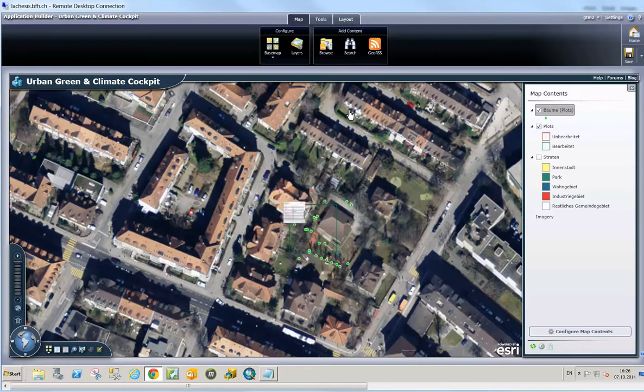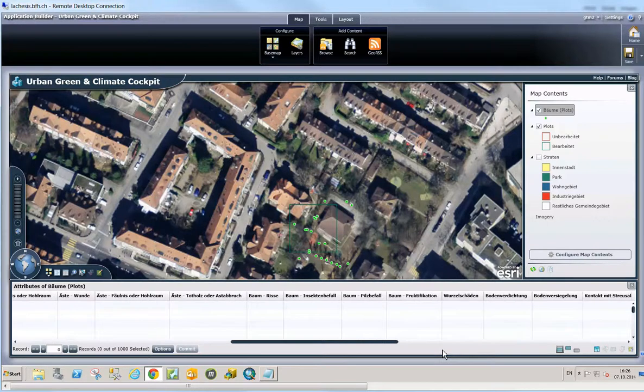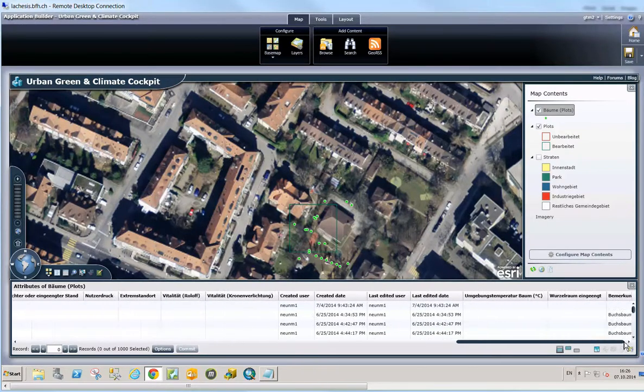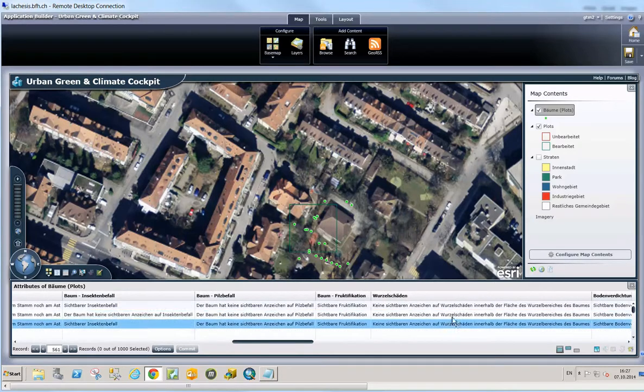So in essence, within the cockpit, you can verify in the attribute table who did what and when at what time. So we have database integrity, and we also have security on the database level. If I click on the last edited date, then you will see